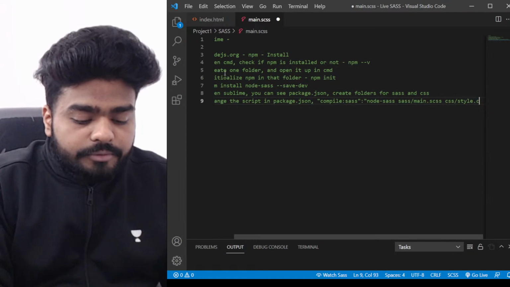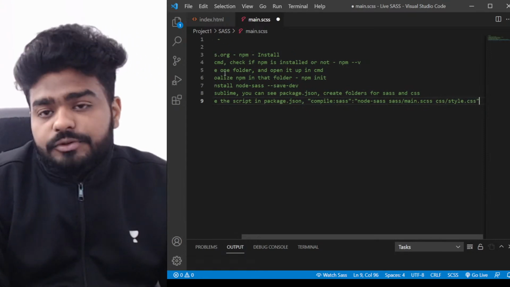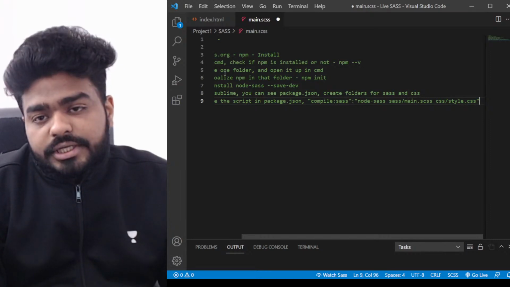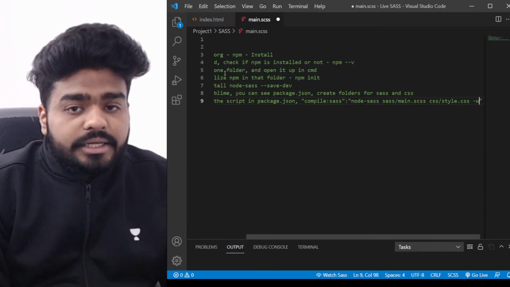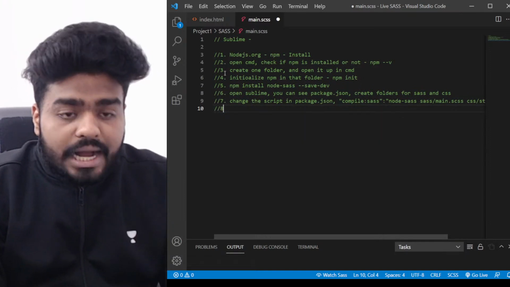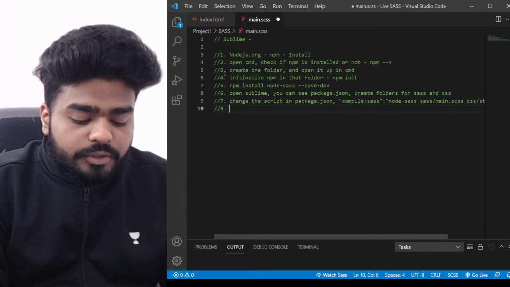So you have to write this. This is the path which you have to give in your package.json. If you want to watch it, then you need to write -w to watch it. Okay. How do you need to compile your code? So for compiling